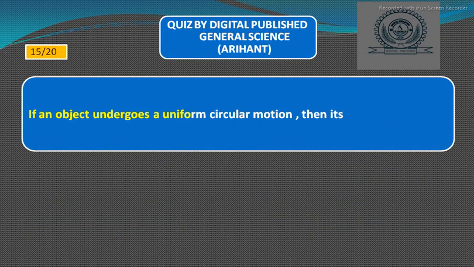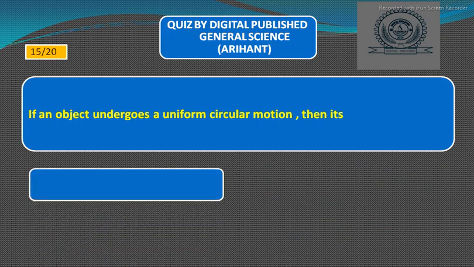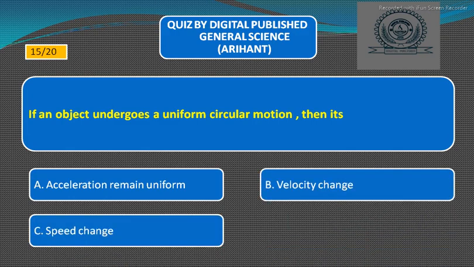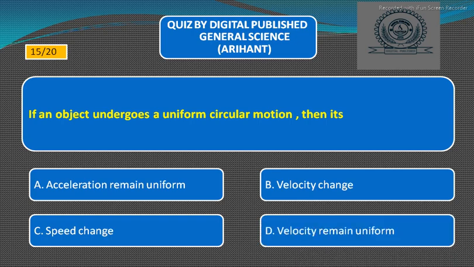If an object undergoes a uniform circular motion, then its option A, acceleration remains uniform, option B, velocity changes, option C, speed changes, option D, velocity remains uniform. So the right answer will be option B, velocity change. Next,